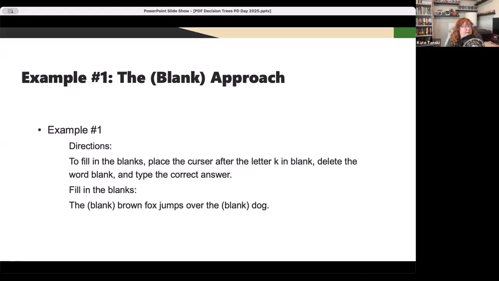So to fill in the blanks, this is assuming there's a Word document here. Place the cursor after the letter K in blank, delete the word blank, and type the correct answer, because that's what they would have to do. And so the way that the screen reader would read it would be the blank brown fox jumps over the blank dog, which again, that's fine. But is it awkward? Yeah. So that is one thing where if you just delete the blank and reformat the question, there's no awkwardness in